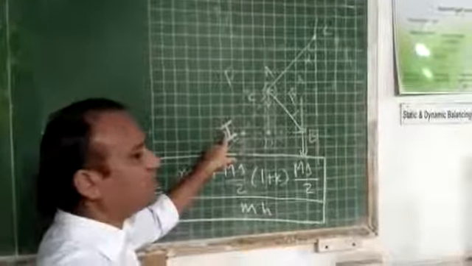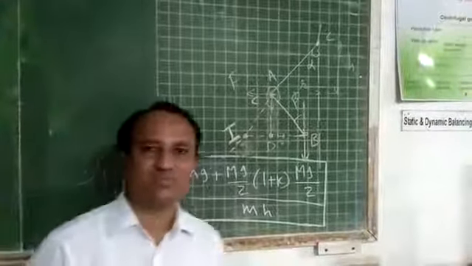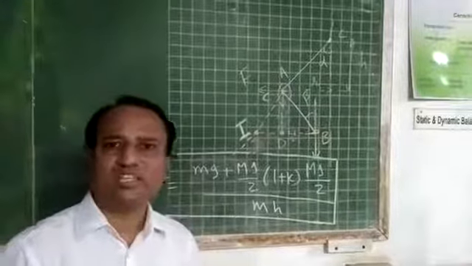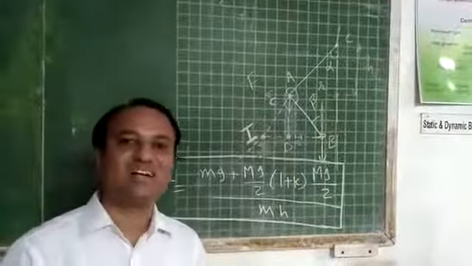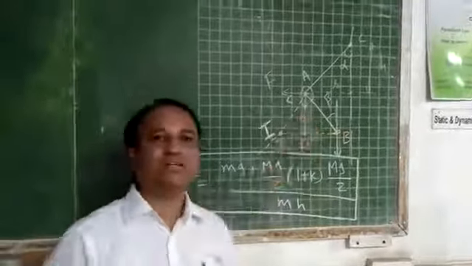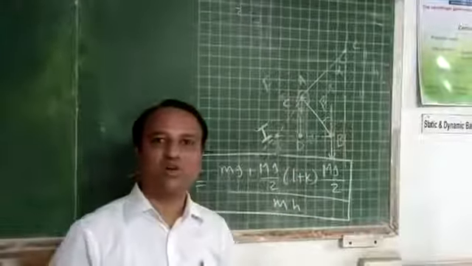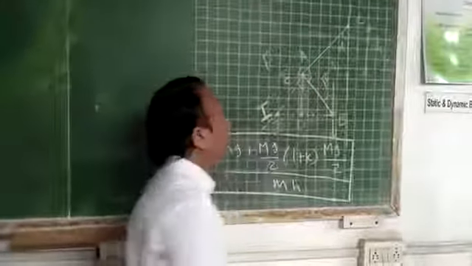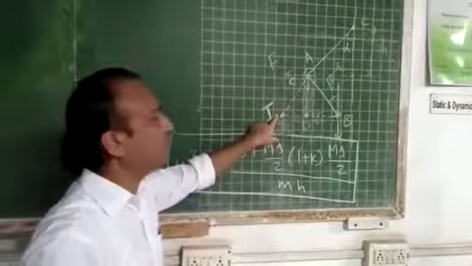So I will derive the relation by the instantaneous center method. Location of instantaneous center you already studied in COM, that is during velocity analysis of four-bar mechanism or during velocity analysis of single slider crank mechanism or double slider crank mechanism. This analysis you have done by using instantaneous center. The various instantaneous centers you have located. So here I am locating the instantaneous center for upper link.